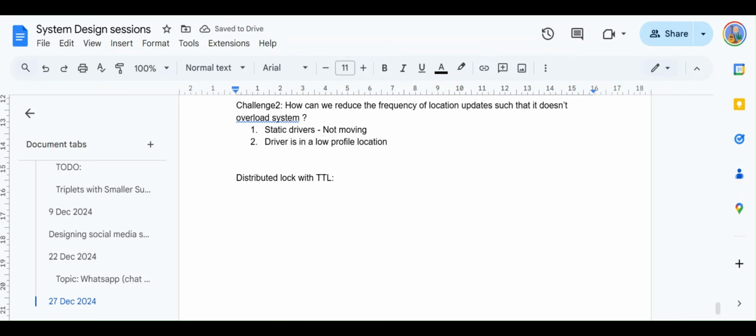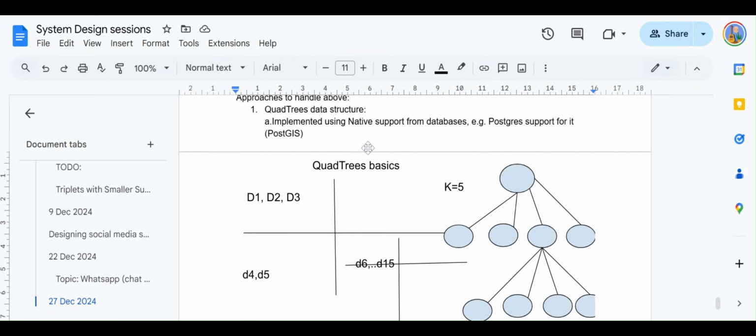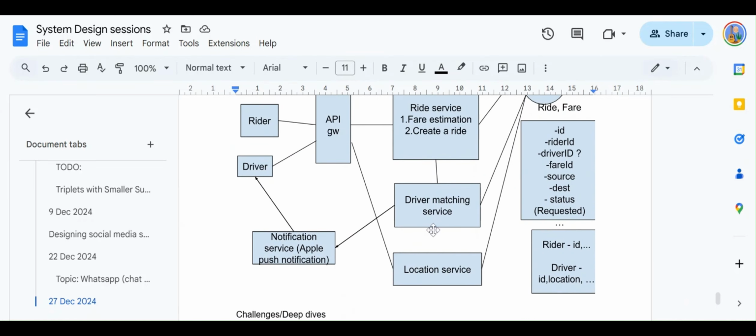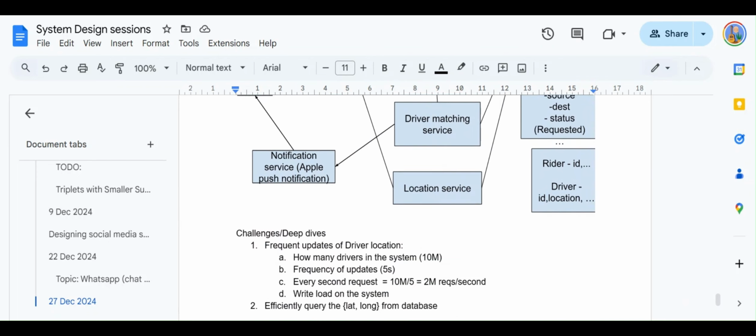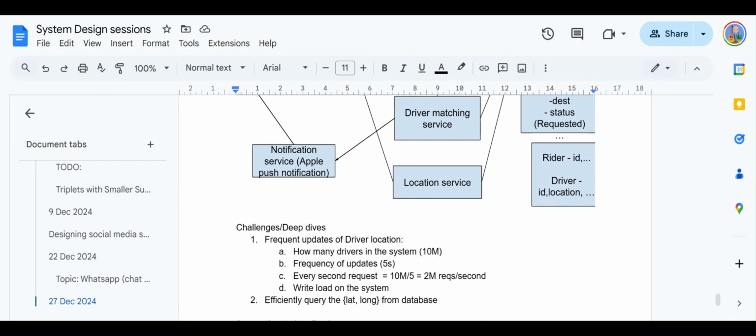What's the concept of a distributed lock? First of all, it means that the TTL is going to be maintained with the distributed service which is maintaining this lock. It is going to be decoupled from the driver matching service. That's the very first thing. Essentially, we can use an in-memory store like Redis.